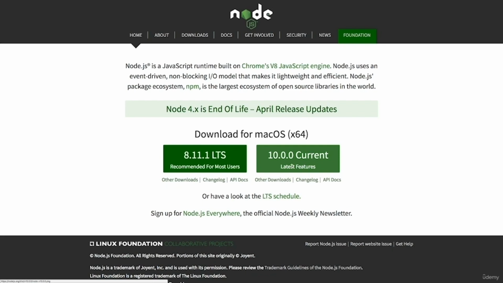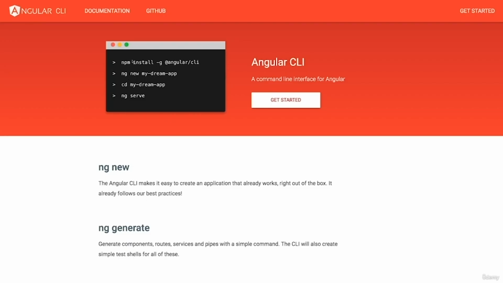So you can simply download the latest version here by clicking on that button. In my case, it's 10.0, but that might differ for you. And you will get an installer which will conveniently install Node.js and this NPM tool on your machine. Once you finish the installation, we can run these commands, and we run them in our terminal